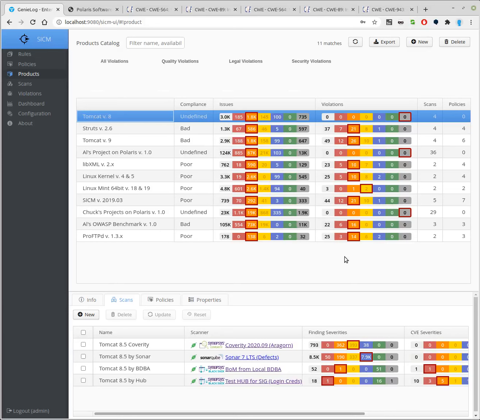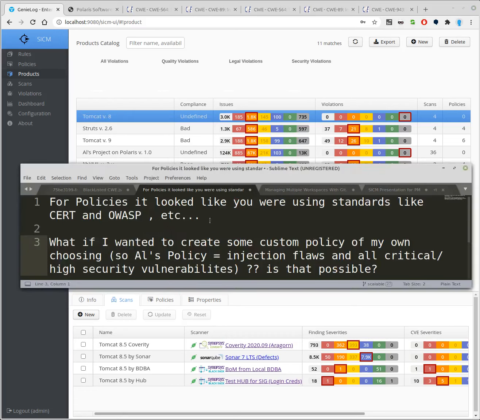Hello. So last time I made a video demonstration on how to use SICM with predefined policies to investigate the results of your scan based on the CWE they are reported. So I had a question from Hal, and he says that basically that's fine, but what if he planned to create his own policy to identify